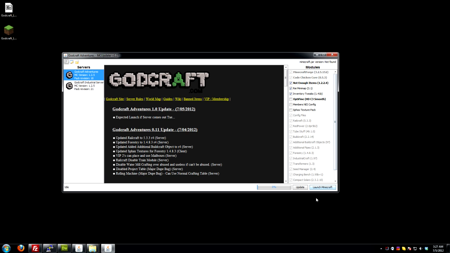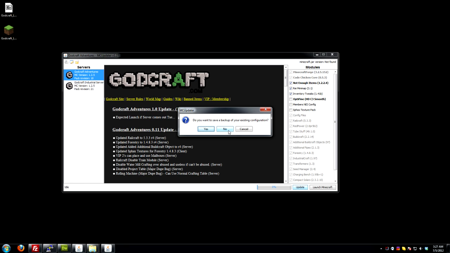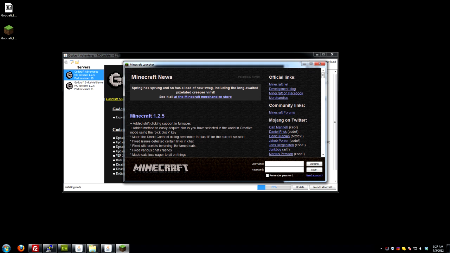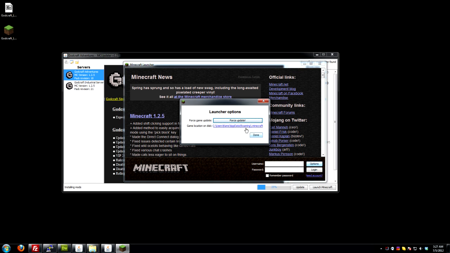When you first come in here, if you try to launch or update, you may have this issue. Basically, a backup copy of the Minecraft jar was not found. It sits at 25%. People have had this issue, and this is very common. What you need to do, first of all, is just click Options, go to Force Update, and done, and then